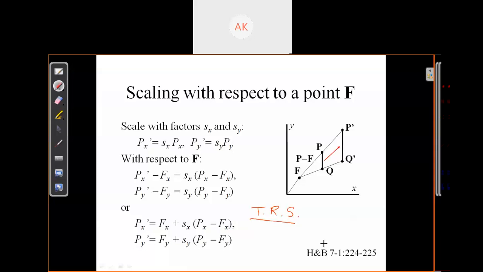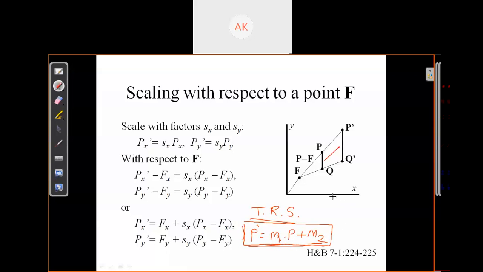So as you have seen, the equation of your transformation is in this form: P dash equals M1 into P plus M2. This form we have seen for all the transformations, where M1 may be a rotational matrix or scaling matrix, and M2 is an additive matrix or translation term or translation matrix.